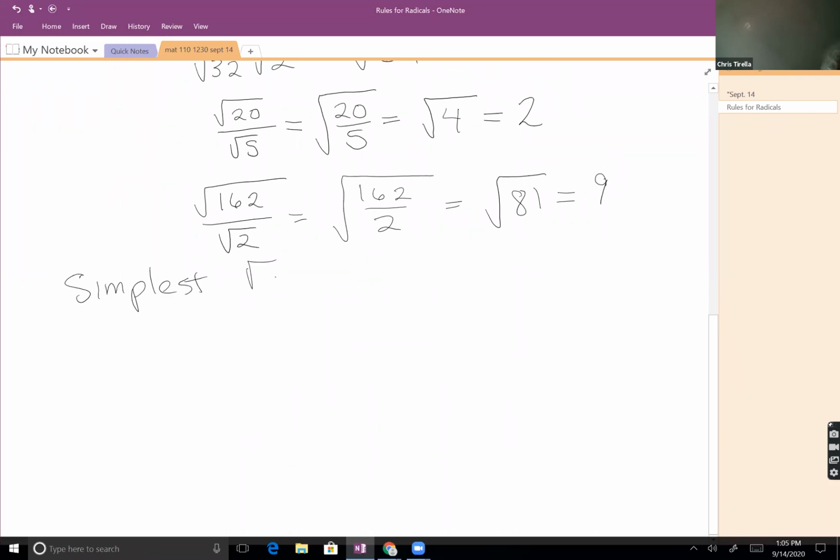And I know sometimes students look at the simplest form and say, that doesn't look simpler, it looks more complicated. We're going to find that there are times when we can do operations once it's in simplest form that we can't do otherwise. And also way back in the pre-calculator days, putting a radical in simplest form actually did make the computation simpler. We're going to say a radical is in simplest form